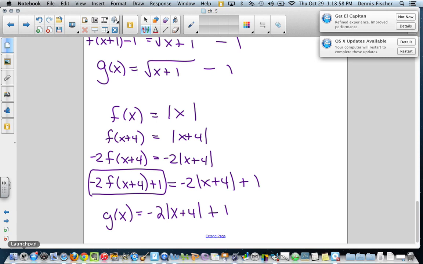What we're going to do is we're going to take these functions and we're going to do a composition of these functions. What we're going to do is take one function and plug it into the other. Okay,